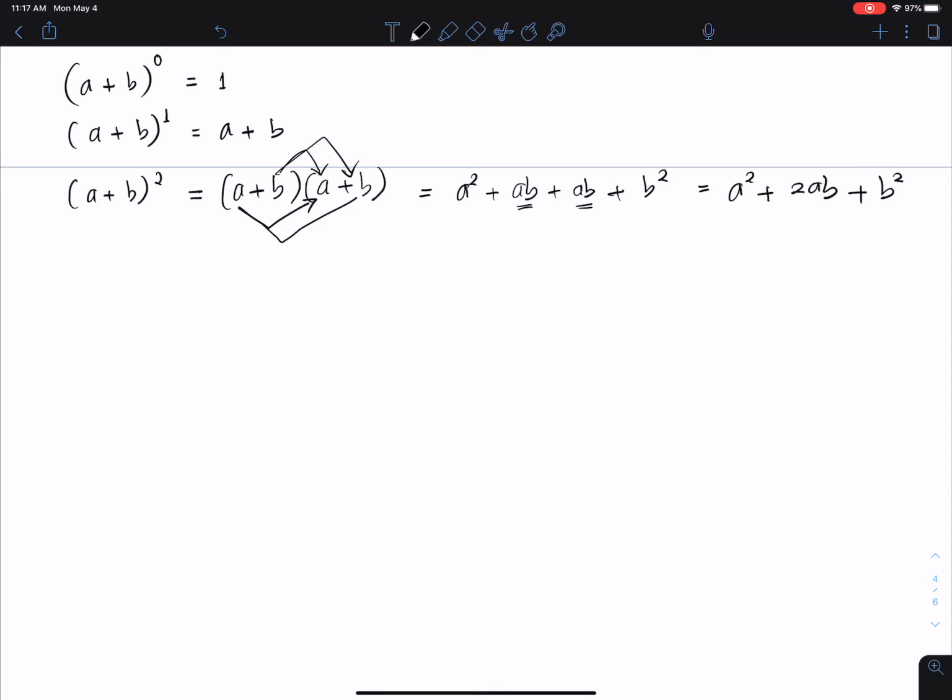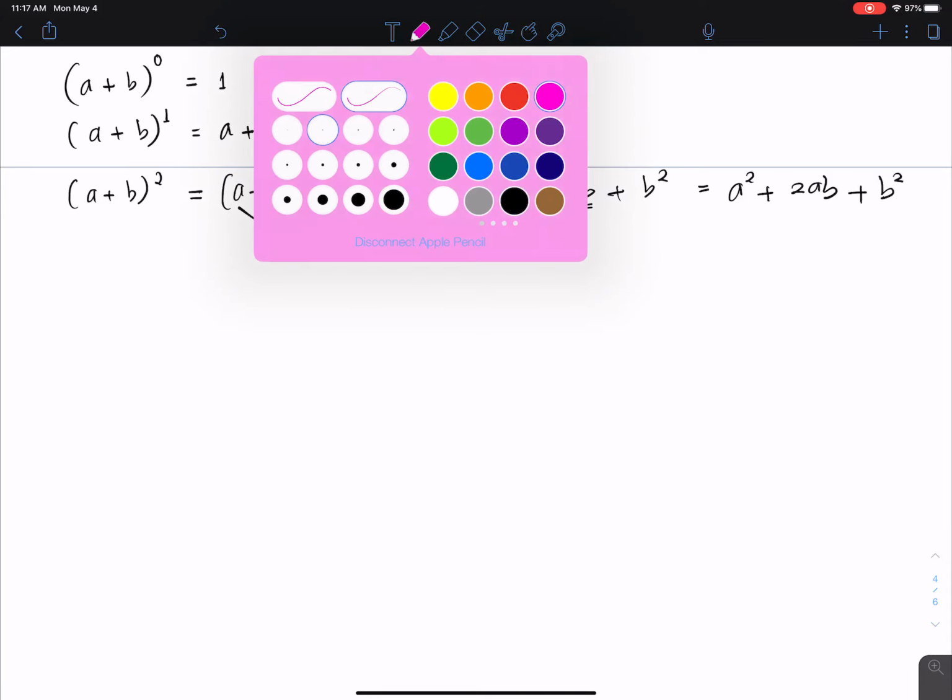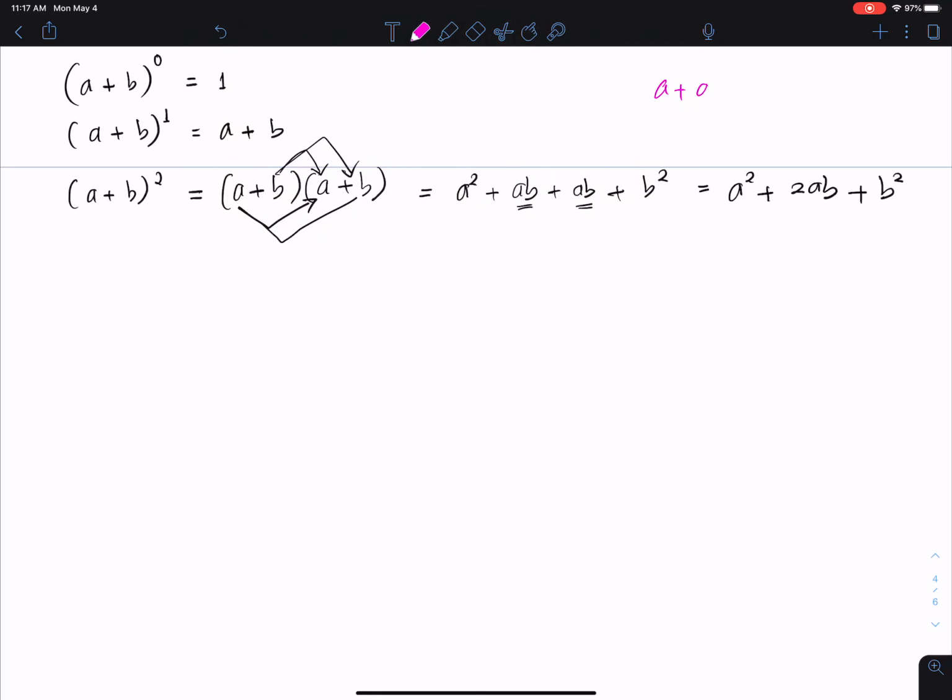Okay, I hope you're not confused why ab plus ab equals 2ab. It's just the same as a plus a, what you get is 2a. Because here actually there is 1 and there is 1 here, but we normally don't write it if it's only 1. So 1 plus 1 is 2 here, and the variable is a over there.